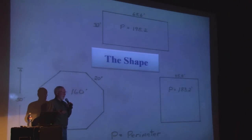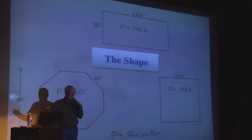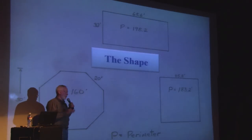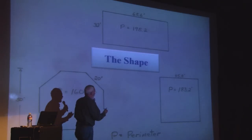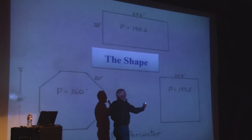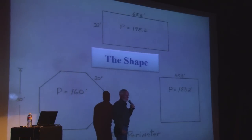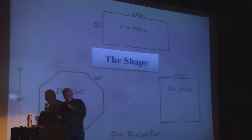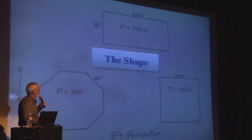But you save material. So you're going to pay a little more in labor, a little more complicated construction-wise, but you're also going to build 35 feet less wall space. And for the life of the structure, you're not going to lose heat through 35 feet of exposed wall on the same size house. So just picking the shape of the house, even square is better than rectangular. The more you elongate the rectangle, the worse it gets in the math equation. So it's just something to think about as far as efficiency and designing a house from a passive